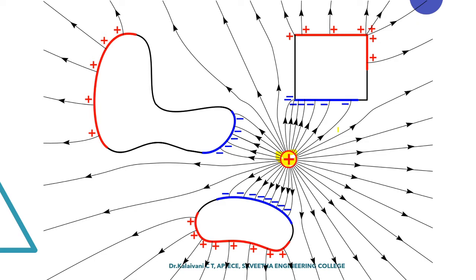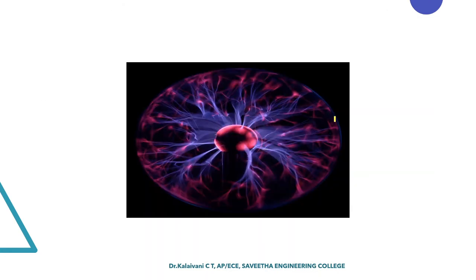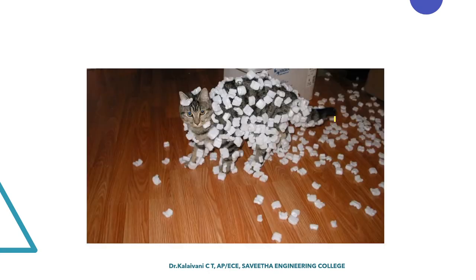So this is by field lines. The attraction lines are called field lines. The field lines even travel for a shorter distance and a longer distance. That depends on the availability of the charges. So these are called electric field lines. This is an interesting picture. You can see it is like a 3D view of field lines from a plus charge.